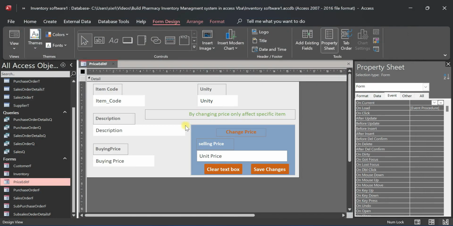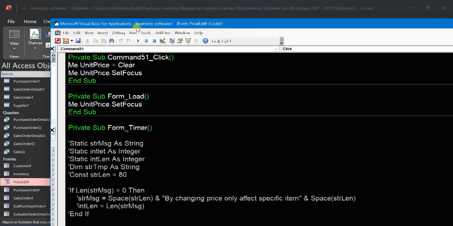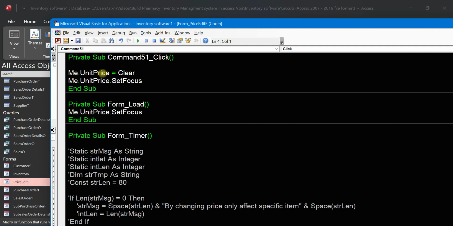Let me close this one. Then I will click here. Then I check the name of this text box. This text box is unity price. Then I check here in code. Then we put this code here: me.unity price is equal to clear. Okay, so you can put an empty string, then me.unity price dot set focus. Then we set focus as that text box. Okay,